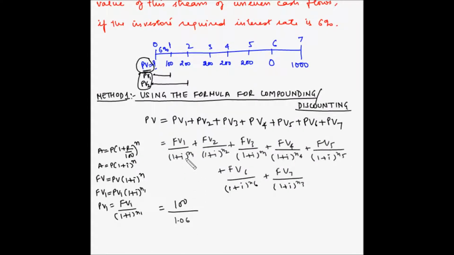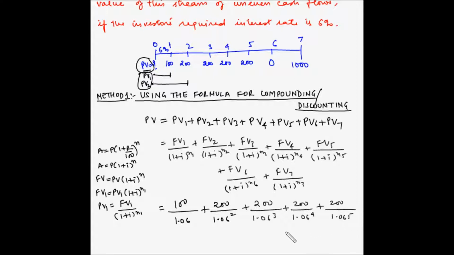And in case of PV1, n1 is 1, so raised to the power 1, plus FV2, which is 200, divided by 1.06, and in case of PV2, n2 is 2 years, so square, plus 200 divided by 1.06 cube plus 200 divided by 1.06 to the power 4 plus 200 divided by 1.06 to the power 5